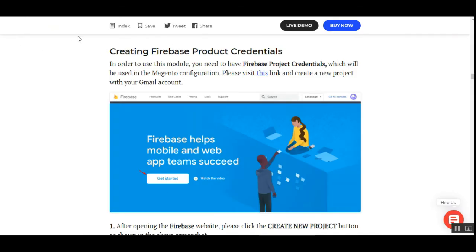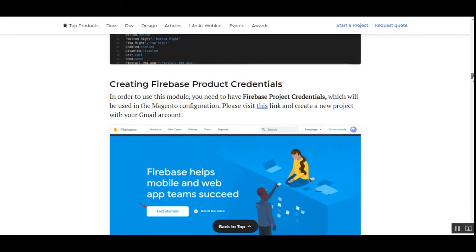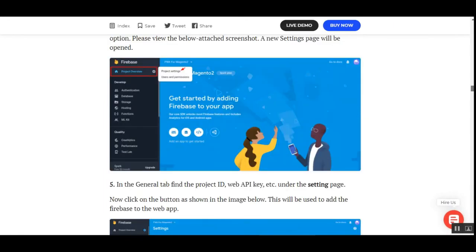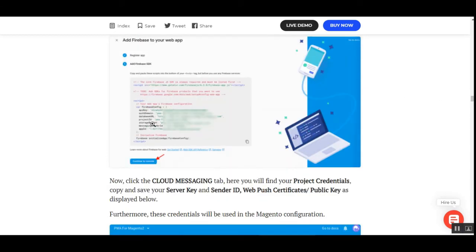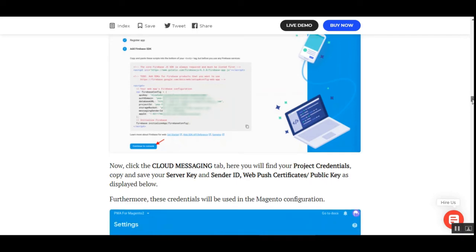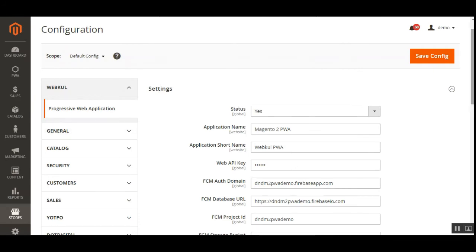Here within the user guide you can check how to create the Firebase credentials. Just go through all of these points one by one and follow them. If you still face any issues while creating the Firebase details, here you can see that we have the API key, the authentication domain, the database URL, the project ID, the storage bucket, the messaging sender ID, and the app ID. These are to be used within the configuration of the PWA in the admin backend panel of your Magento 2 platform based web store. Just go through these points and they'll help you configure this particular section in the backend of the